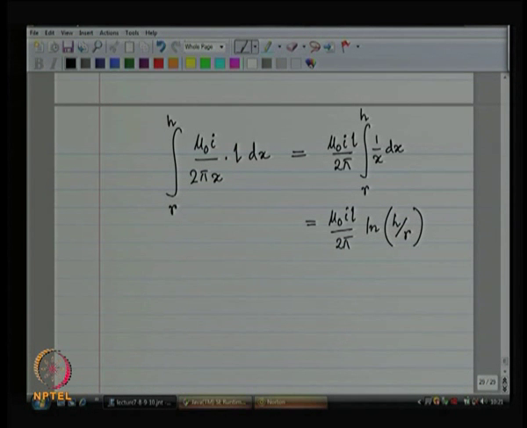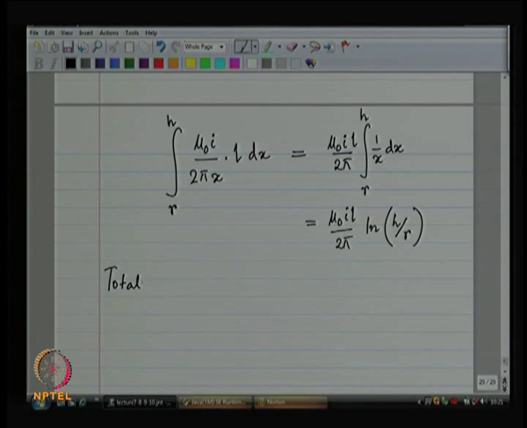the forward current. Now, if I look at the return current is also going to give me a similar integral, and the result is basically going to be identical. So, the forward current is going to create some flux, the return current is also going to create an identical flux. So, total flux is going to be twice of this. So, that is mu naught I